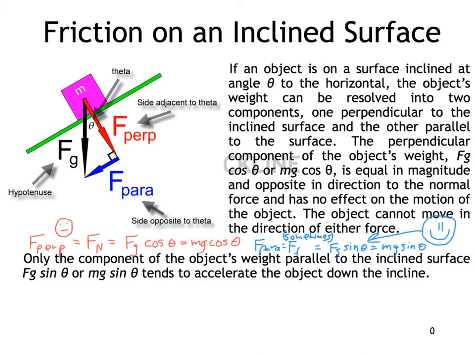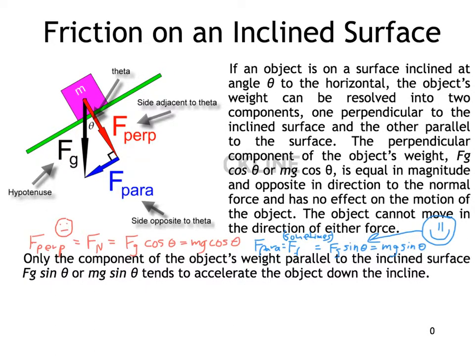Okay, so I've written in two equations, one of which will almost never help you solve any question, and one of which will help you solve many questions. Blue is the one that's very, very important. Okay, so here goes. You have an object like a box of mass m, and you have an inclined plane,